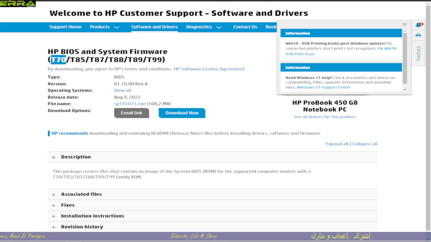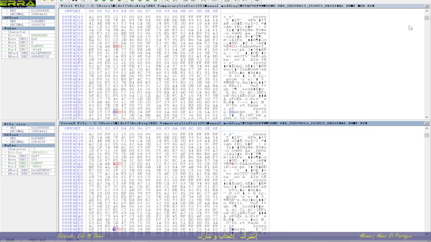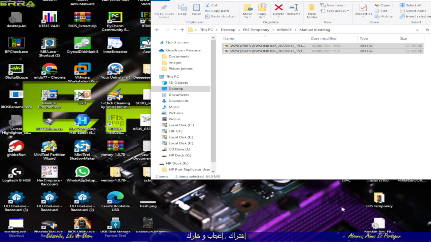So you can see here we have T70, T85, T87, T88, T89, and T99, and we have already extracted these files from this executable file here, which we can download, and in this video we'll see